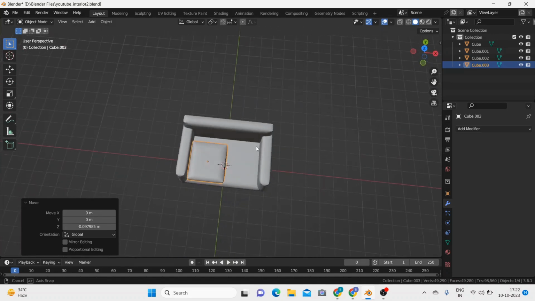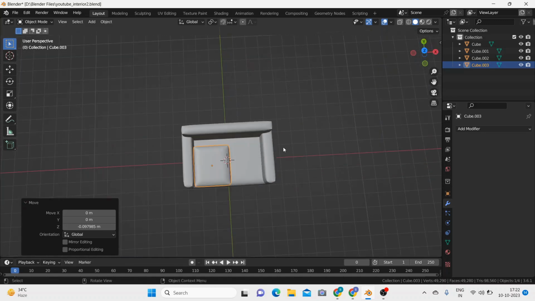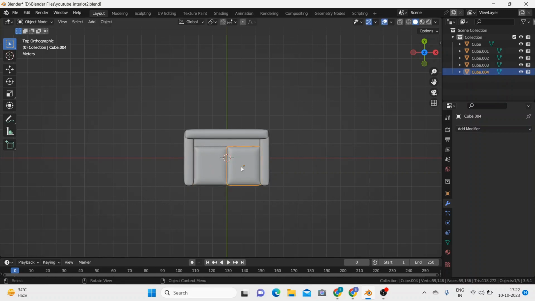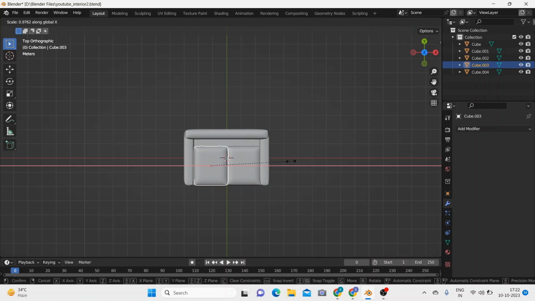So we are done with this cushion. Now what we do is go to the top view, press Shift D to duplicate and X to move it along the x-axis, and we put it right here beside it. As you can see, there is some problem with adjusting, so we just reduce the scale on the x-axis for this one a little bit,